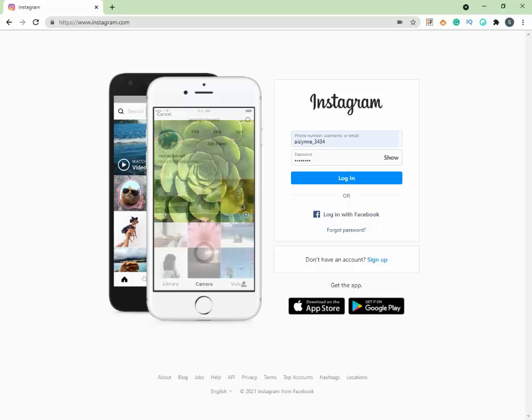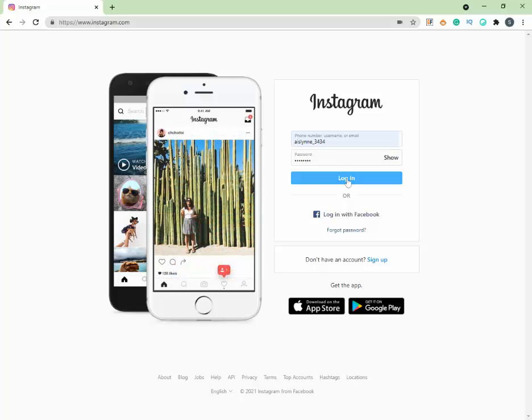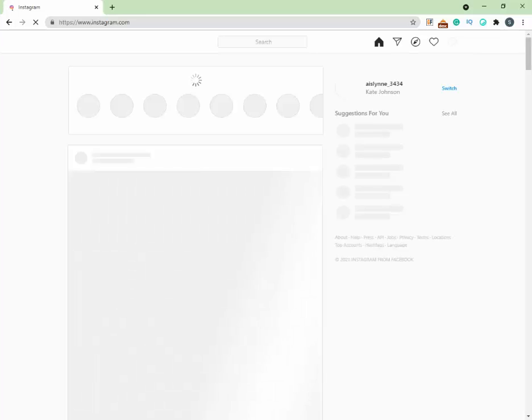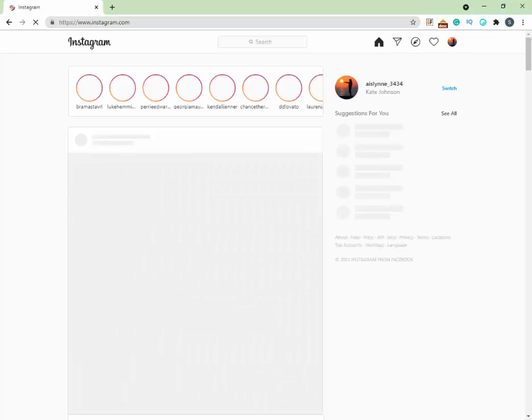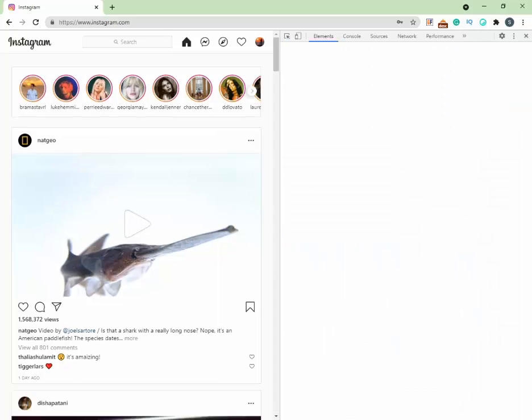Anyways, let's start! The first thing we need to do, as usual, is to log into our account using our Chrome browser. Not now. Okay. Now that we're logged in, right-click on the blank space and click on Inspect to bring up the developer